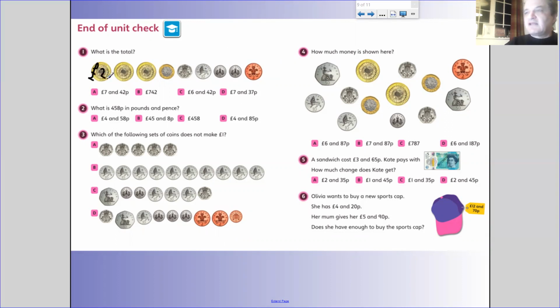Okay, if you physically handle the coins as well, it gives you a really good perspective. Really look at the coins, if you've got any coins at home, and you'll see that it does say £2 on the coin. So we've got £2, another £2, another £2. So 3 lots of 2 is 6. It's £6. So we're working out the total here. So it looks like we're going to be adding